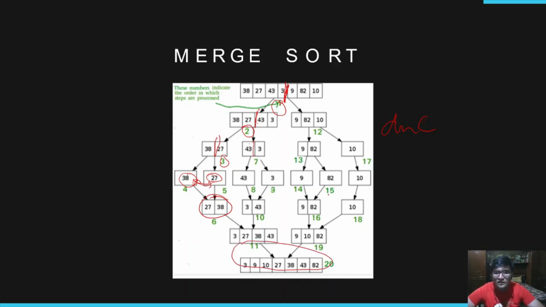It will continue until we have our sorted array. So yeah, these were a few of the algorithms based on divide and conquer, and there are many more algorithms which work with this approach. But as you can see, divide and conquer is actually reducing the complexity of the problem from both the mathematical and time complexity point of view. So yeah, this was it.